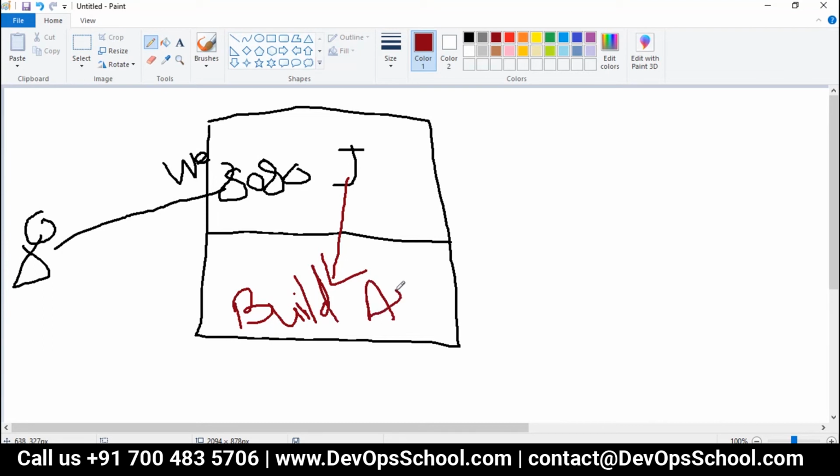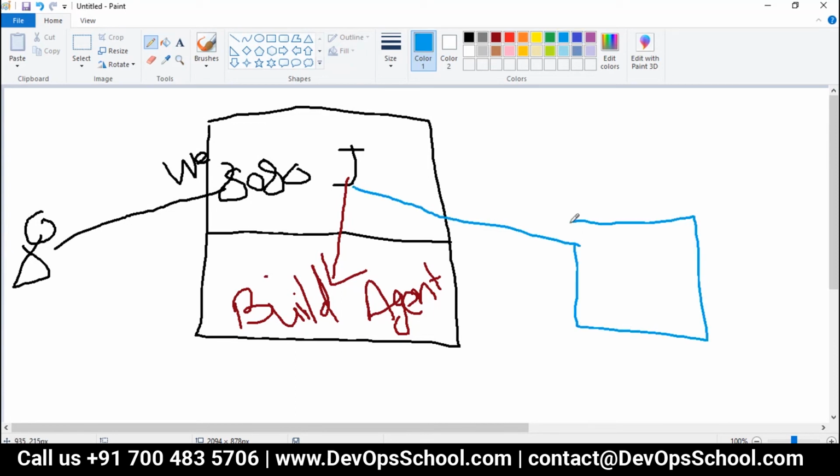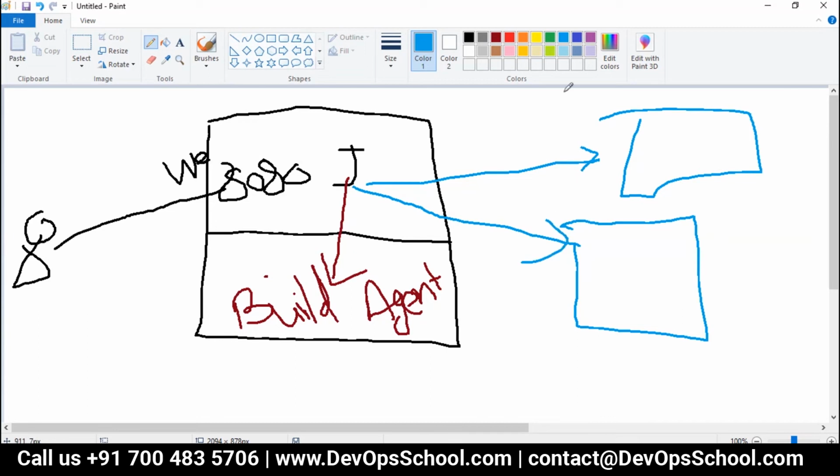When you first install the server, the same machine can become an agent, but that machine alone will not help you, so you have to run agents on other machines also. The build and test everything happen there, and the report is published here.